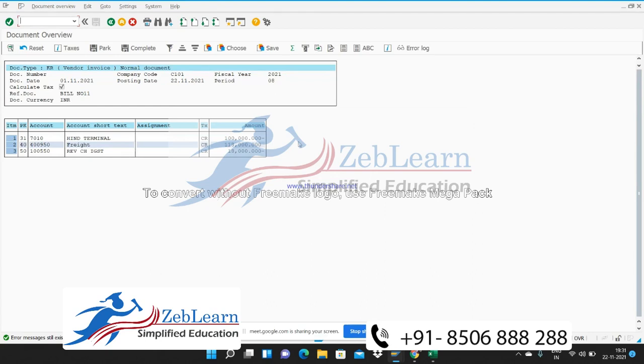This is one table which I have added to this. In the SM30 T-code, you need to go to the table J1IX, and in that table you have to map both of the conditions. One is with SANVET, meaning a set of condition types. Another is non-SANVET, or inventory condition type.